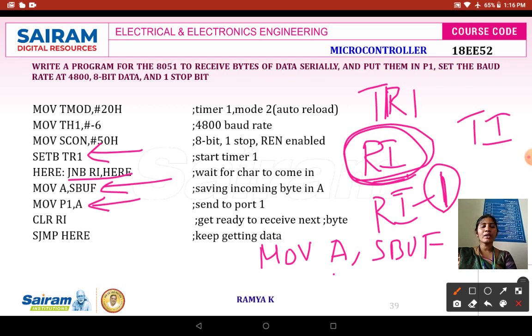Then after the data is received, I have to clear my RI, the receive interrupt flag. Since I want to receive the data continuously, I give an infinite loop, that is SJMP here, to check whether any other data has been received or not. So I move the loop, and give the control of the loop over here, so that I receive the data continuously in this program.